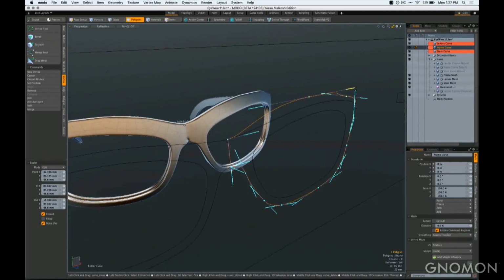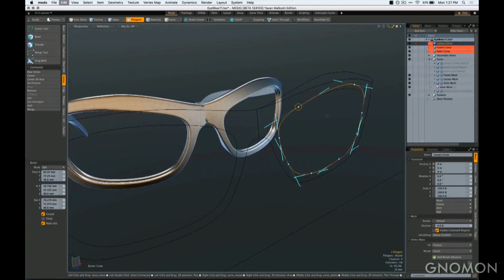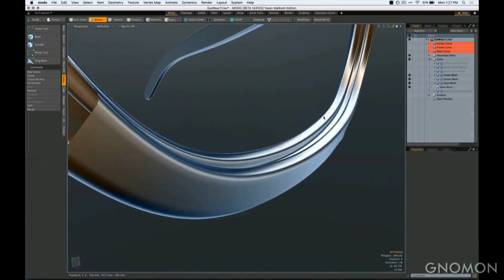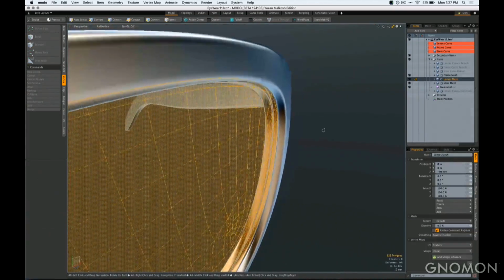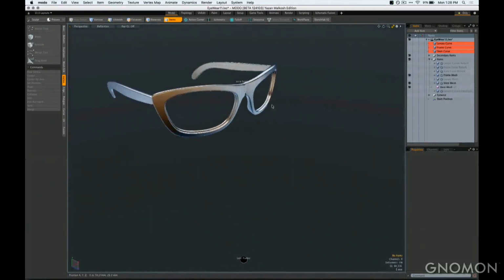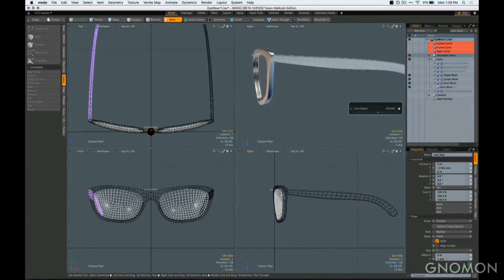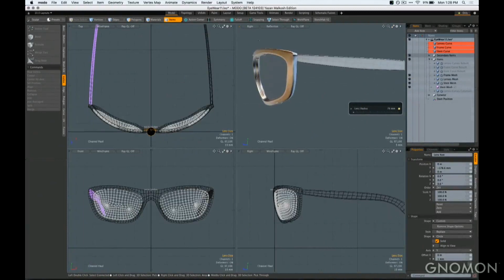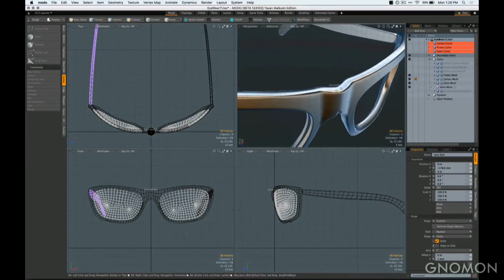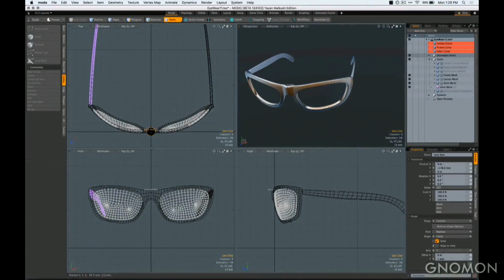What that allows you to do inside of Modo 10 is I can now just go back to Illustrator and update my curves and pump it out, and I don't model anything. Everything is done for me. Even the lenses themselves are done. The grooves where the lenses will pop in are done. The stems are done. I can change the lens radius after the fact. All of that done in a post-process where the designer doesn't need to learn how to do 3D. Same thing for nose bridge and nose pads and whatnot.